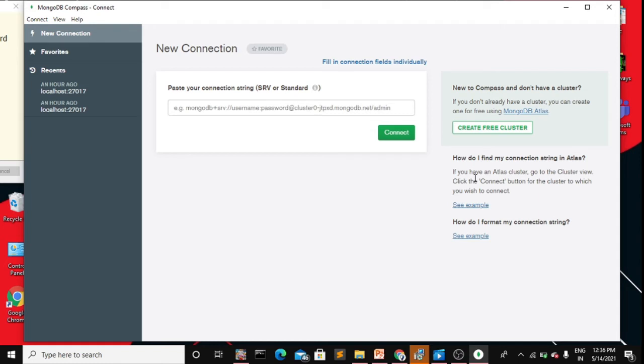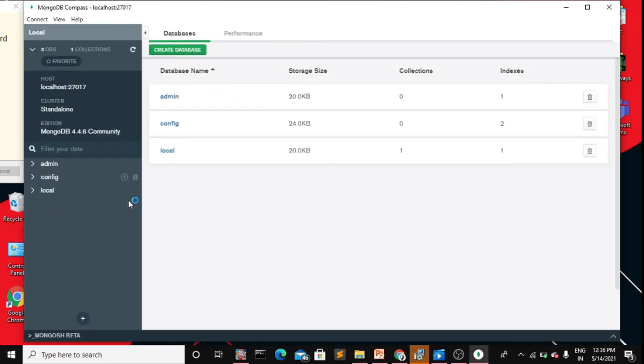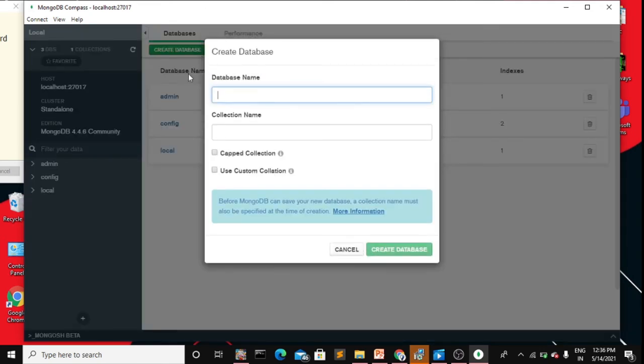This is the dashboard of MongoDB. Simply click on connect. This is the dashboard that we are going to work with. Here we can create databases, with database names such as students, and collection names such as details.